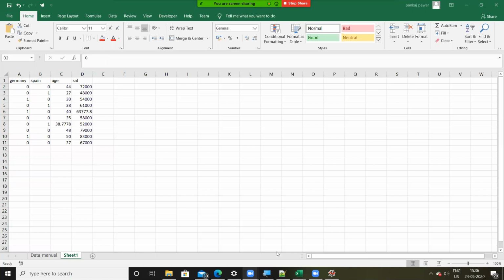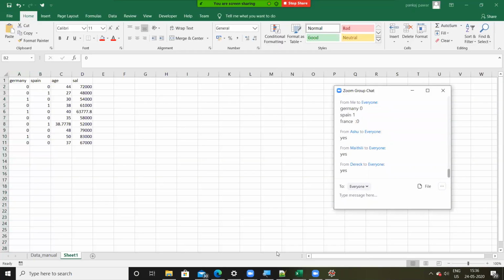Is it clear, everyone? What we are doing here is, if we include all the n columns, then there is a duplication. So we are going to ignore one column. This is clear, everyone? We are going to ignore one column.